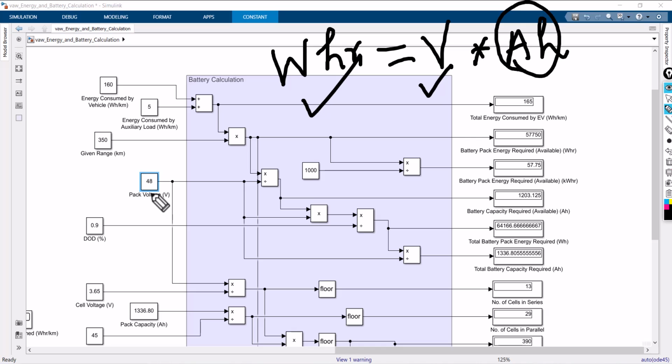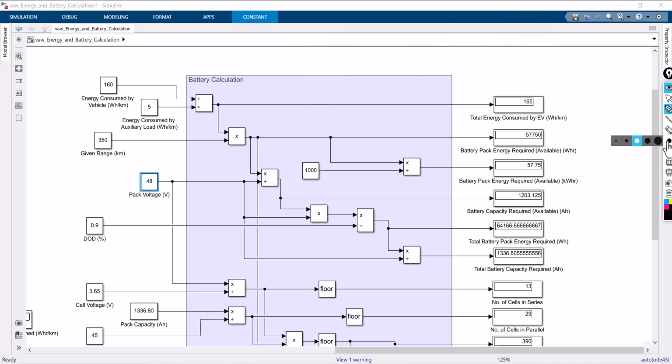That's what I did. We know the battery pack voltage is 48, given in the table column. Watt hour, just now we calculated, is 57,750 watt hour. That is nothing but 57.75 kilowatt hour, the battery pack which I require. Approximately 57 kilowatt hour battery pack is required. So you can easily calculate the capacity of the battery. The capacity of the battery is coming around